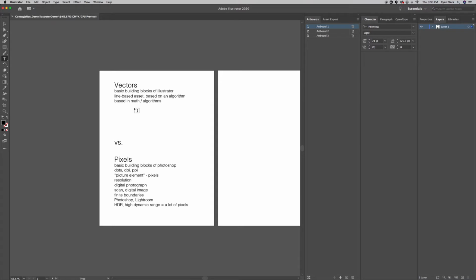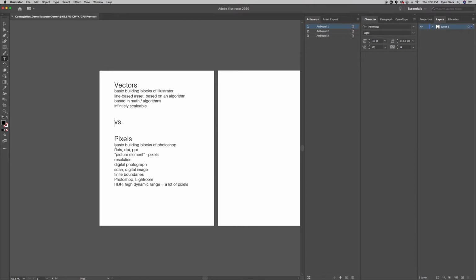In order to scale up or scale down infinitely. So we talk about vectors as being infinitely scalable. Whereas with pixels, you would see a pixel in a scan or a digital image, a vector is what you're going to want to use for a graphic, a logo, something you'd want to scale up or down one way or another. And